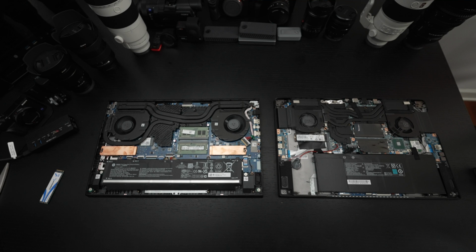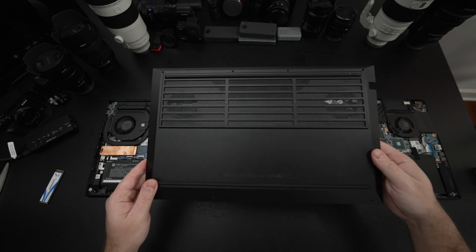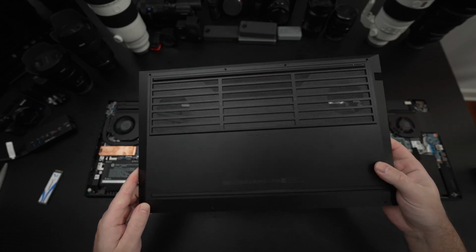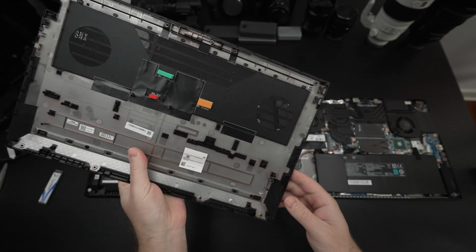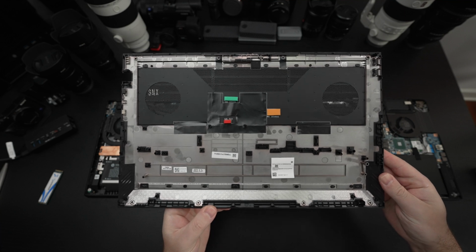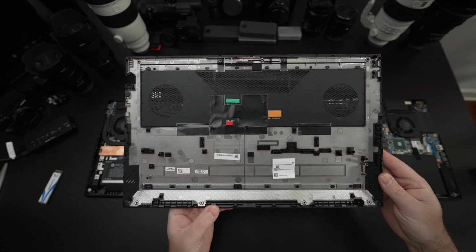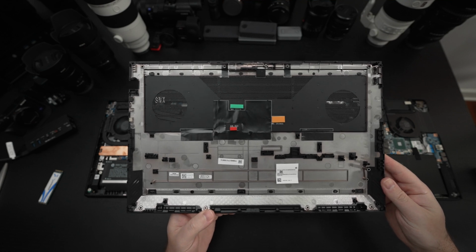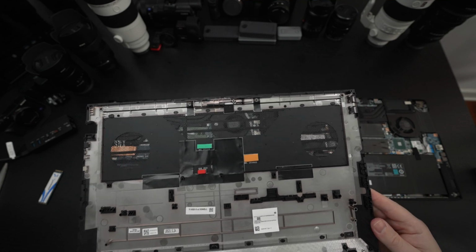Now, before we get to the internals and the whole tour and essentially me covering at least all the things I've noticed, let's take a look at the back of these plates. So the Omen 17, this is standard for the entire line, and you know, it's pretty clean. This is a laptop that I think HP deserves a lot of credit in their redesign and their engineering. They did a really nice job, and that's also from an external point of view